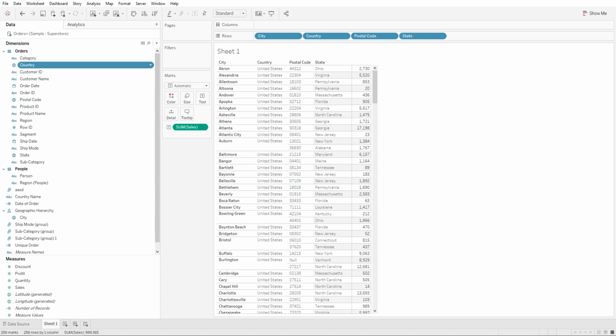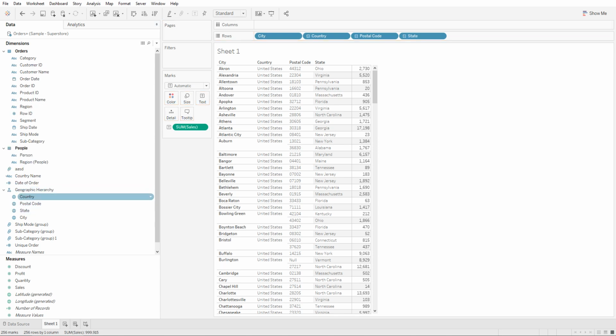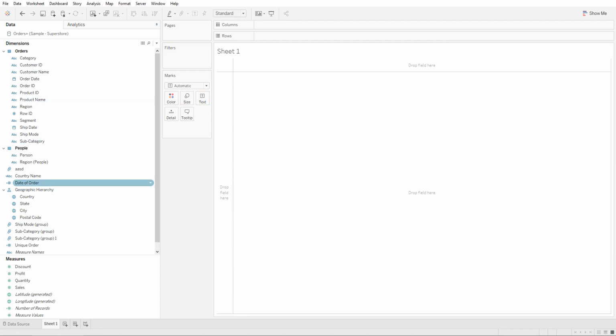So all we will need to do now is to multi-select each of these different fields and drag it over here, and then we can also arrange this to be country first, state second, city third, postal code being the end. So now we can use this option to remove our existing view, and now we can